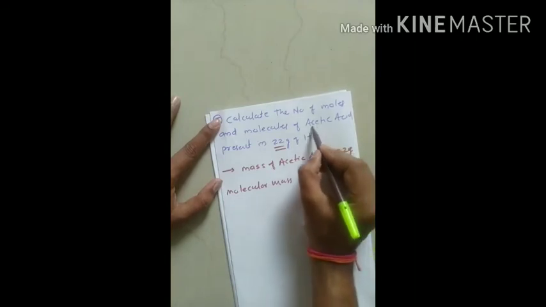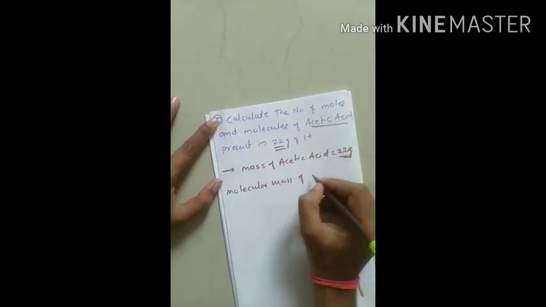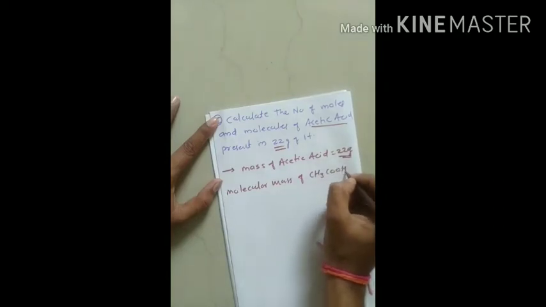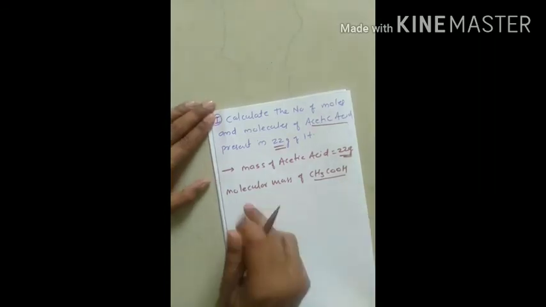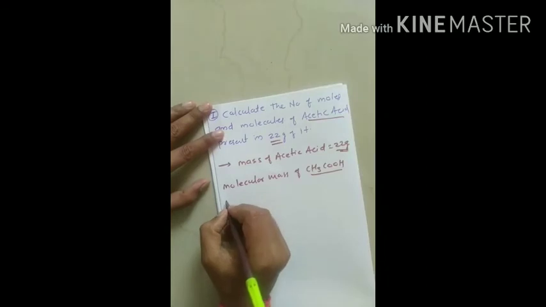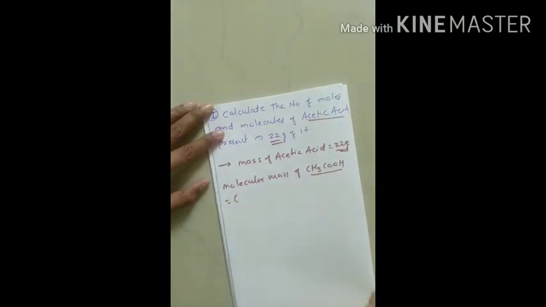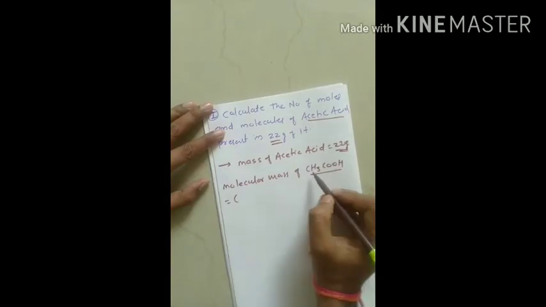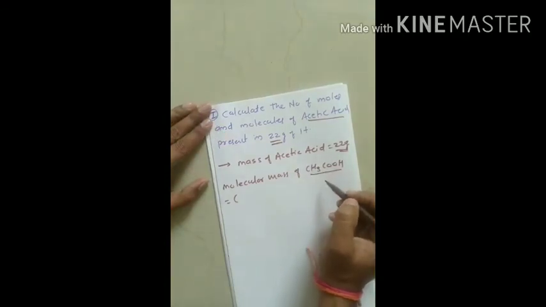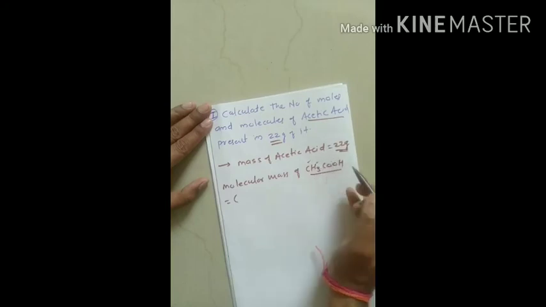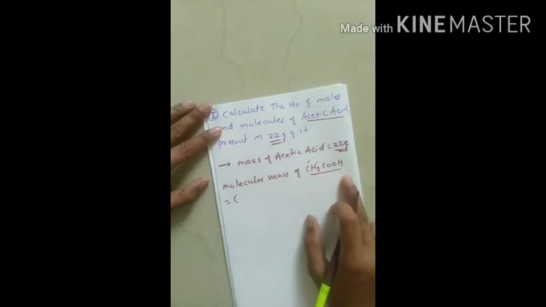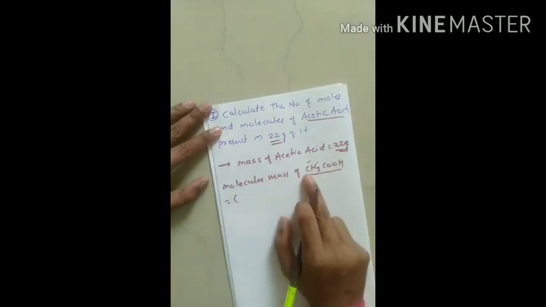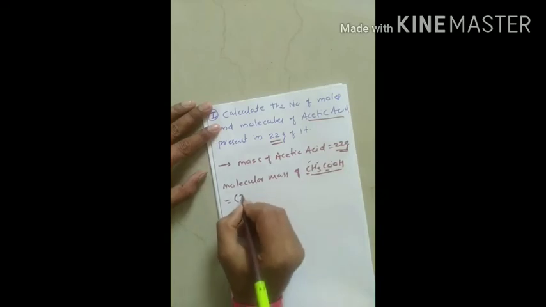The chemical formula for acetic acid is nothing but CH3COOH. We commonly call this acetic acid, and its common name is vinegar, isn't it? So for CH3COOH, again I am using the same formula: number of atoms into average atomic mass of each and every element. If you see this formula, you will come to know it contains three elements. The first one is carbon, the second one is hydrogen, and the third one is oxygen. So the molecular mass of CH3COOH can be calculated by using the formula: number of atoms of carbon, which is 2 in total, into average atomic mass.